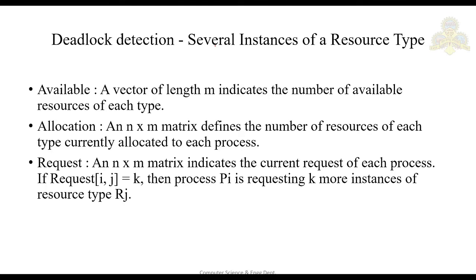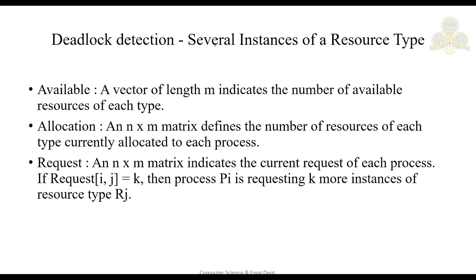So here we have seen in the last topic, the wait-for graph, right? That wait-for graph scheme is not applicable to the resource allocation graph if that graph contains multiple instances of the resource type. So now we have to deal with a deadlock detection algorithm which is applicable where we have multiple instances of the resource type. So we have to have an algorithm similar to your banker's algorithm, which we have seen in deadlock avoidance, and we'll have different data structures, and then we'll traverse the algorithm to see whether we can use that particular algorithm in our several instances of a resource type to detect whether a